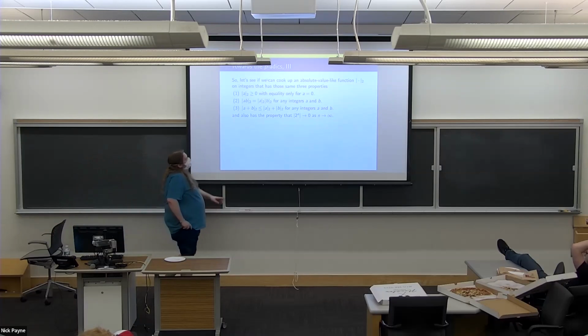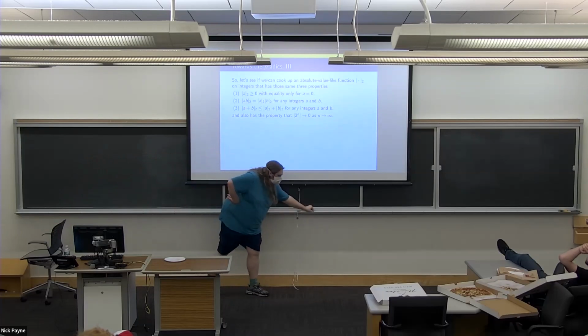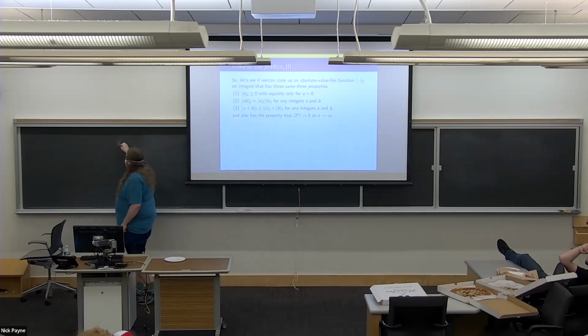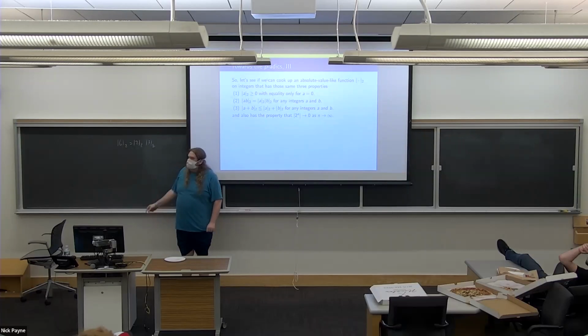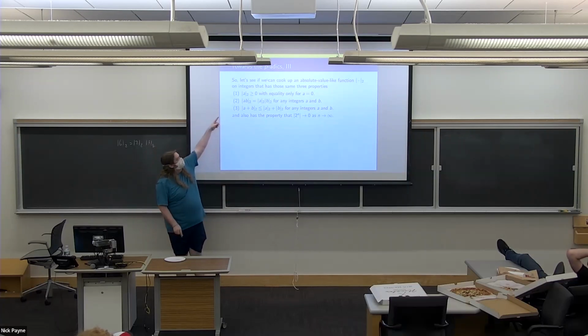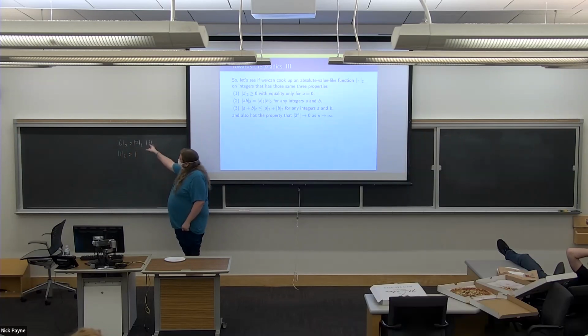Well, it's multiplicative on any integers. I just sort of decided that. So that actually imposes quite a lot of things because, for example, if I want to do the absolute value of 6, this had better be the absolute value of 2 times the absolute value of 3. And so in particular, the absolute value of 1 should be the absolute value of 1 times itself. So the absolute value of 1 had better be 1. Because if it's 0, everything is 1 times itself. So the absolute value would be 0 on everything, which would contradict item number 1. So I want the absolute value of 1 to be 1. And I want it to be multiplicative like this.